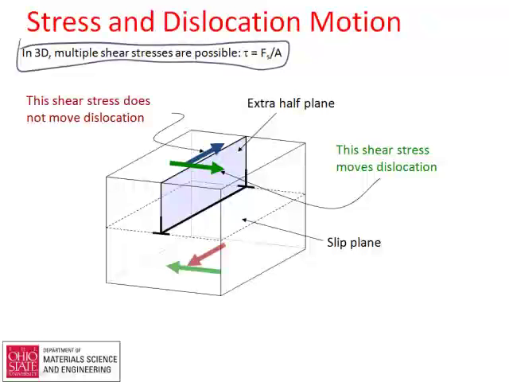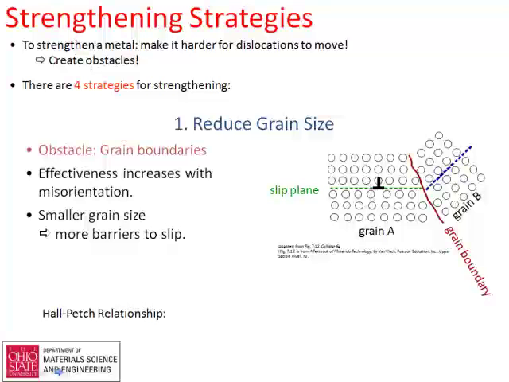So the trick is, if you want to make something that isn't going to deform permanently, what you have to do is make it so those dislocations will not move easily. And what we're going to do in this lecture is talk about the strategies that we use to impede dislocation motion, and therefore make high strength materials. And we'll put a couple equations behind this as well. So the strengthening strategies that we use, there are 4 that we'll talk about here, and there are some others out there that we won't talk about in this course, but the 4 we'll talk about here,